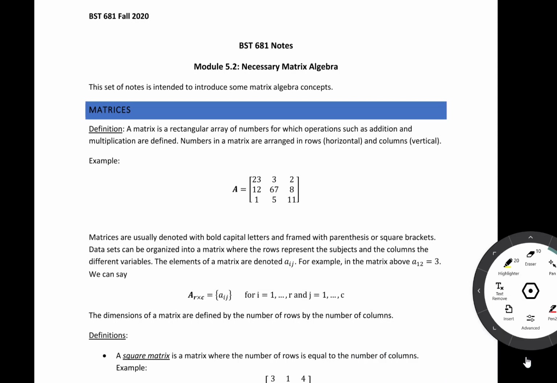So we're going to start out by just defining what a matrix is. A matrix is a rectangular array of numbers for which operations such as addition and multiplication are defined. And numbers in a matrix are arranged in rows, which are going to be horizontal, and columns, which are vertical. So for example, looking at this matrix that we have right here,